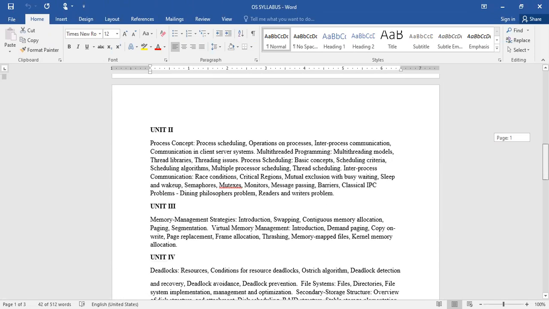Now we'll move to the second unit, which is a very, very important unit in terms of concepts and in terms of understanding the basic functionality of the operating system. That is process scheduling and various operations on process. This is very important, even for competitive examinations.